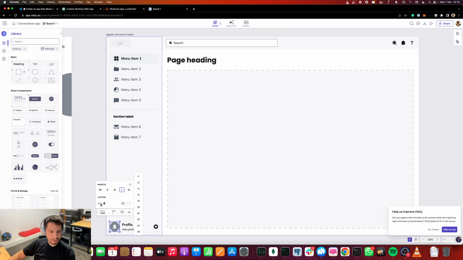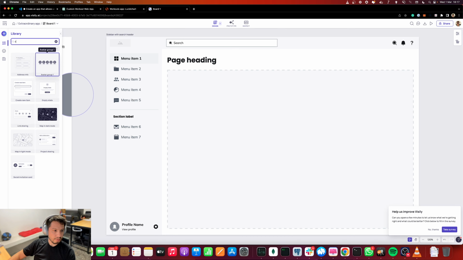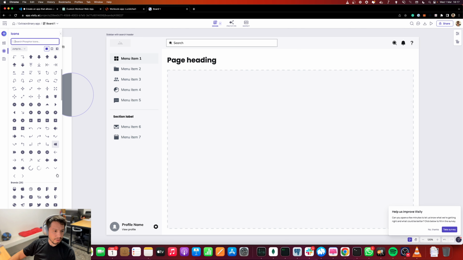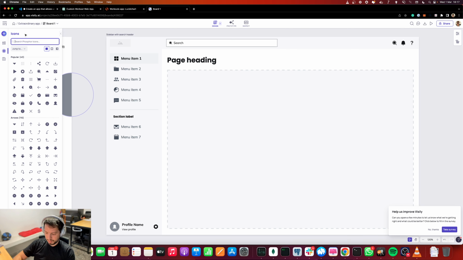Can I change the icon? I can change the size. Okay, let's see if they have a path, like or create. Bring something with a plus here. Plus,